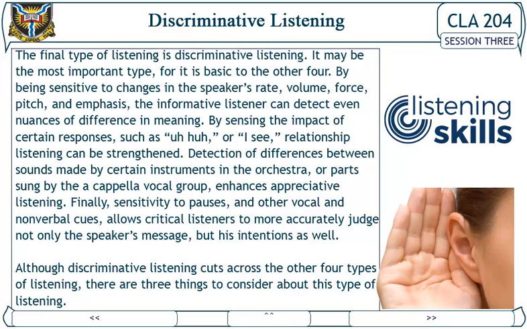Detection of differences between sounds, such as certain instruments in the orchestra or a part sung by an a cappella vocal group, enhances associative listening. Finally, sensitivity to pause and non-verbal cues allows critical listeners to more accurately judge not only the speaker's message but his intention as well. Although discriminative listening cuts across the other four types of listening, there are three things to consider about this type